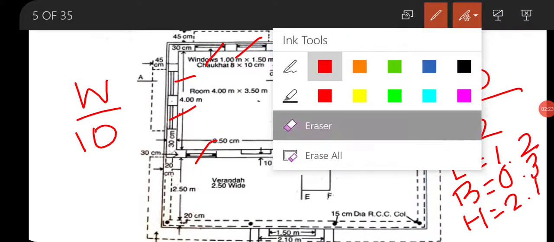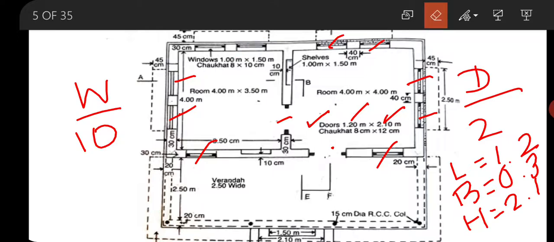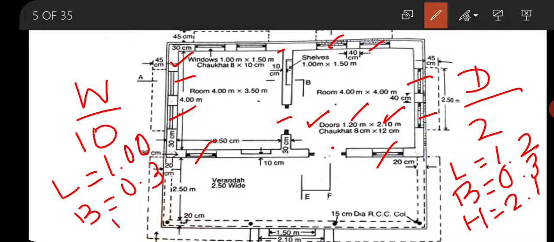The size of the window is given here as 1 by 1.5 meter. So the length of the deduction will be 1, the breadth will be 0.3 and the height or depth is equal to 1.5. Clear? So let us move to the details of measurement form.